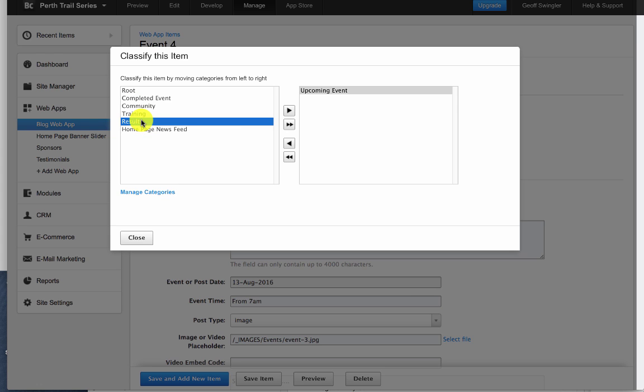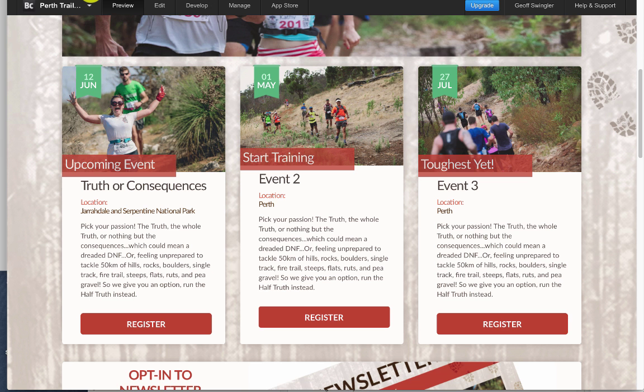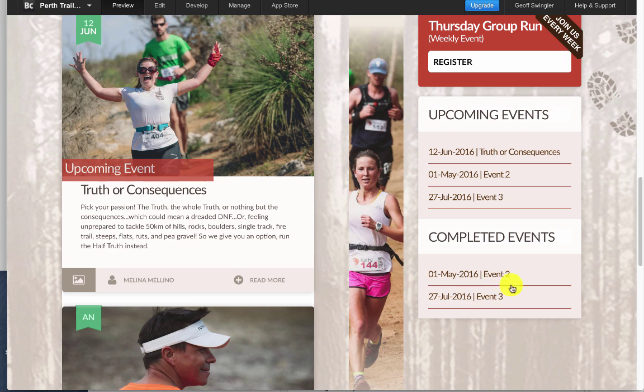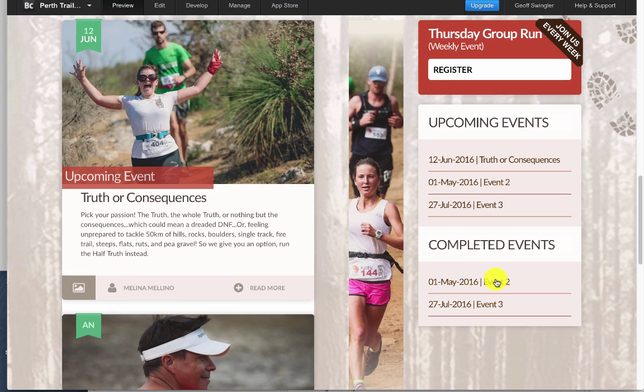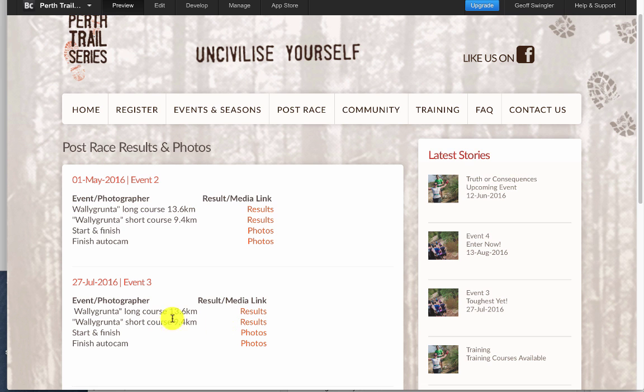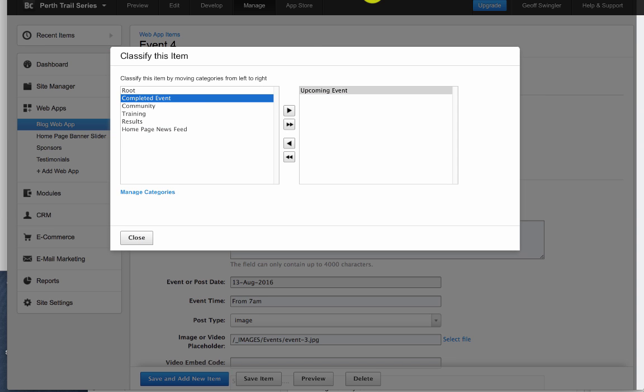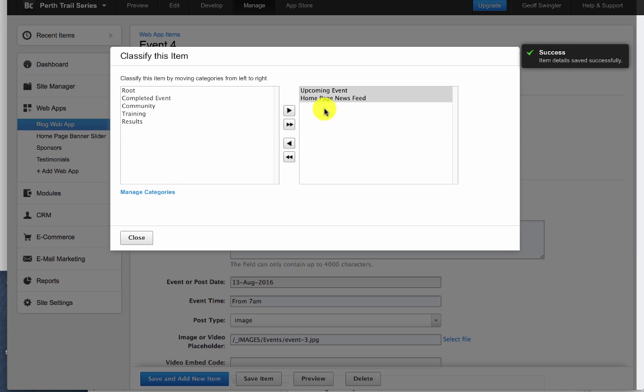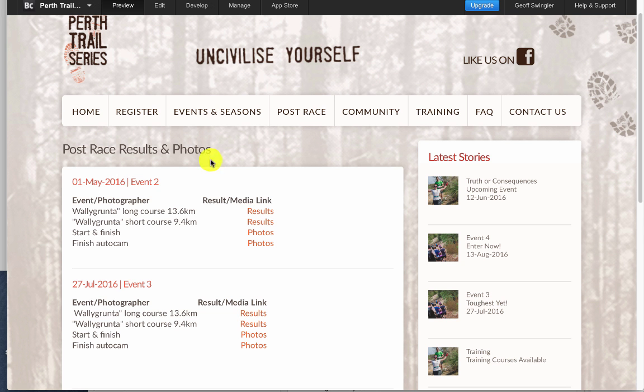Sorry, this is the results page here. Completed events is for showing up in the, just go across to, if you want it to show up in these events here. And I'll show you the post race is where, that's where the results would go if you enter the table. We can also go click into the homepage newsfeed. So at this stage we've got it in upcoming events and homepage newsfeed, which will